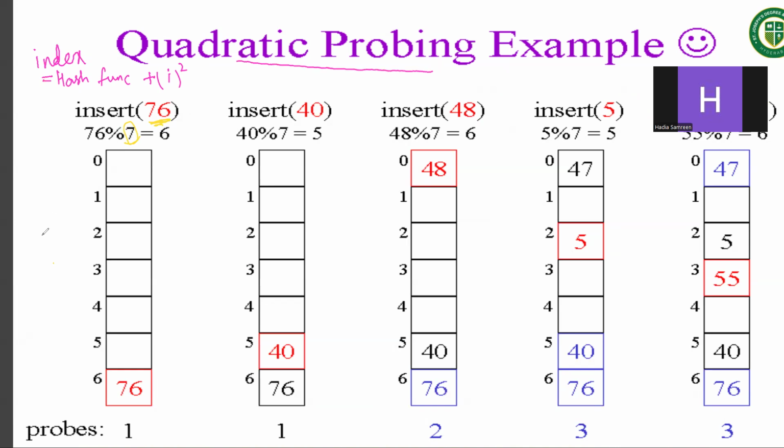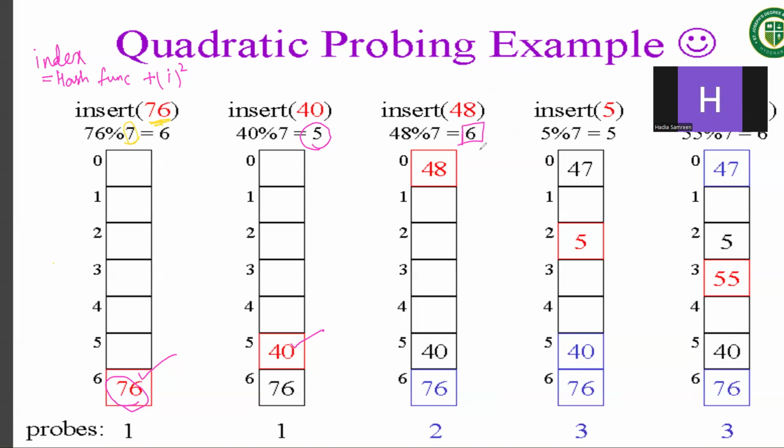Quadratic probing. Alright. So first 76. 76 modulus 7 equals 6. Done. It is available. We stored it here. 5. It is available. We stored it here. But